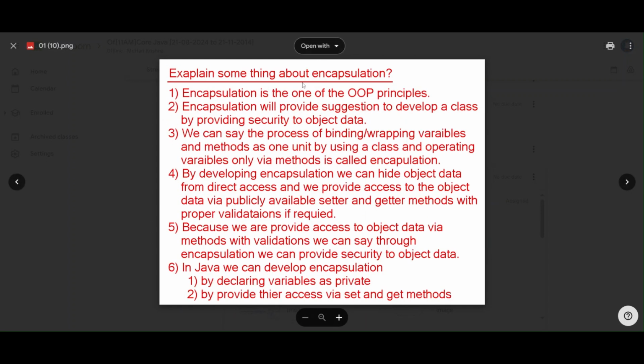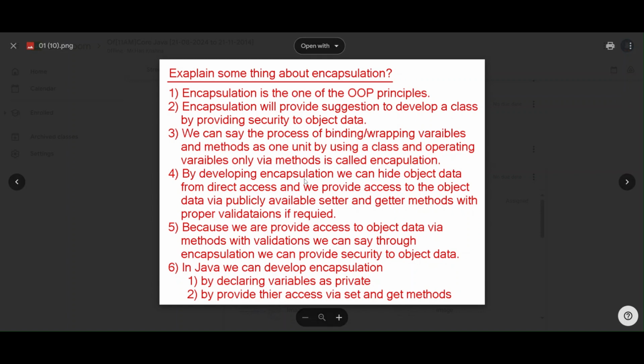Explain something about encapsulation. One: encapsulation is one of the OOP principles. Encapsulation provides a suggestion to develop a class by providing security to object data. We can say the process of binding, wrapping variables and methods as one unit by using a class and operating variables only via methods is called encapsulation.